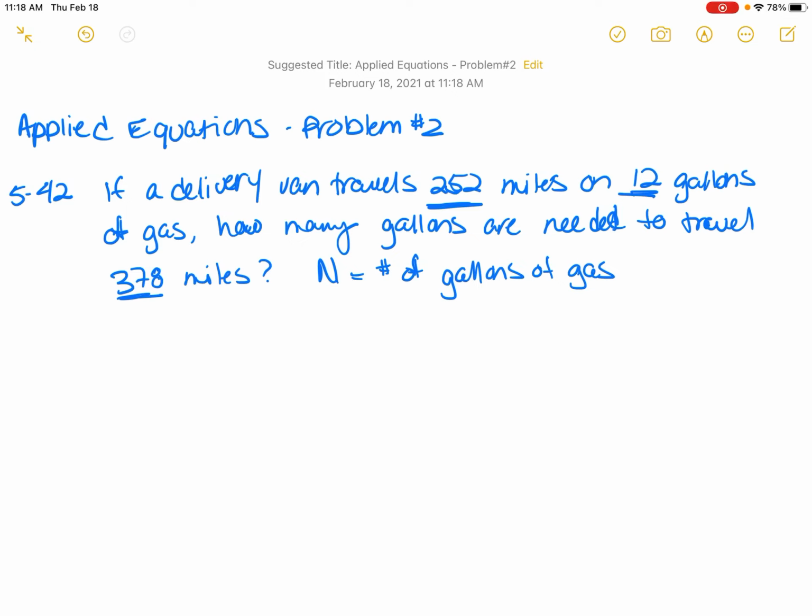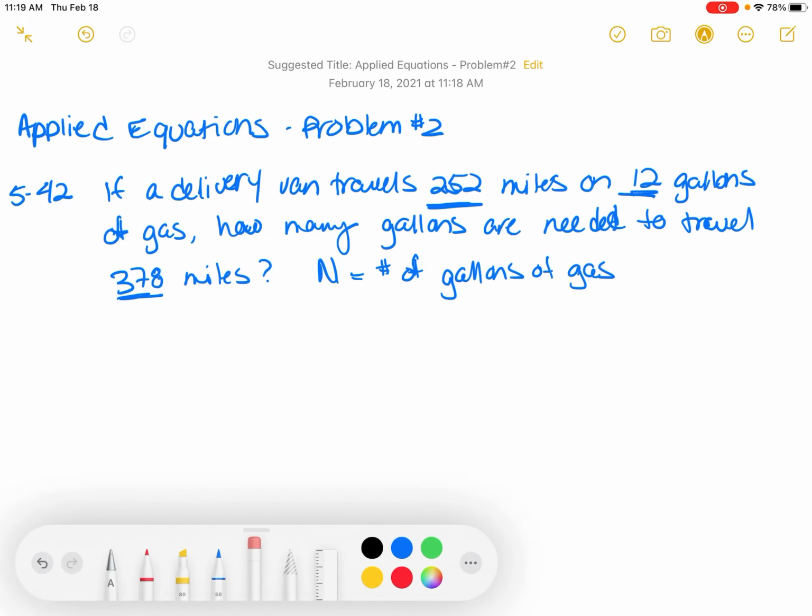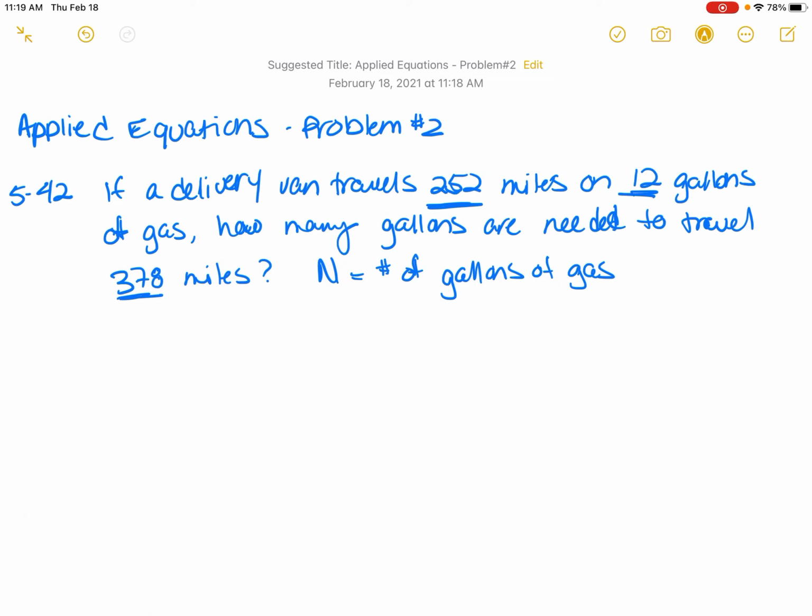So my first thought process, if the van travels 252 miles on 12 gallons of gas, right? So that's miles and gallons. Then I know that the van is getting, which seems to be a really small van, is getting 21 miles per gallon,